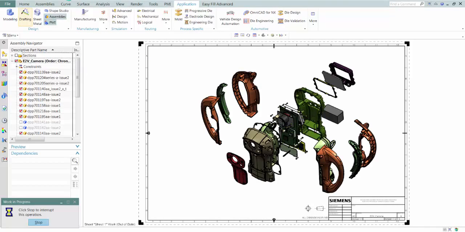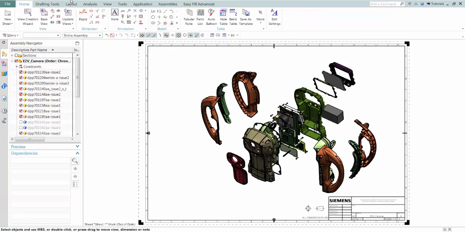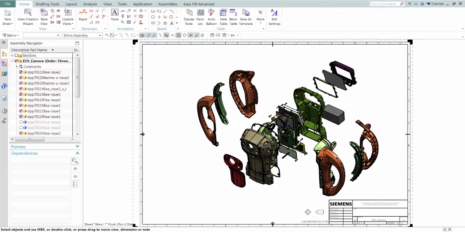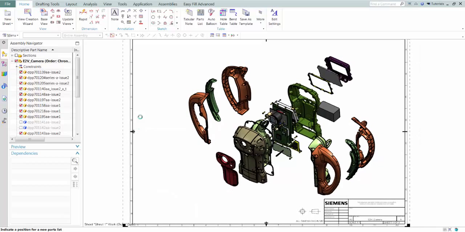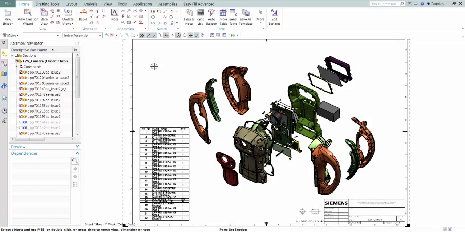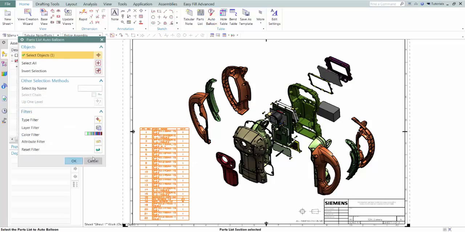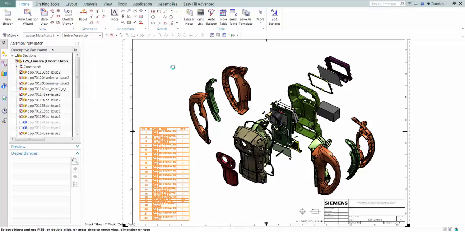And what I've done is I've created a detailed drawing with an exploded view here, placed very quickly on the drawing sheet. But in an exploded view or in an assembly, you may want to see things a little bit different. So you may want to do things like placing a parts list. Notice just by the click of a button we can do that. Or placing balloons on all of this, and we certainly can do that, and it's going to go out and